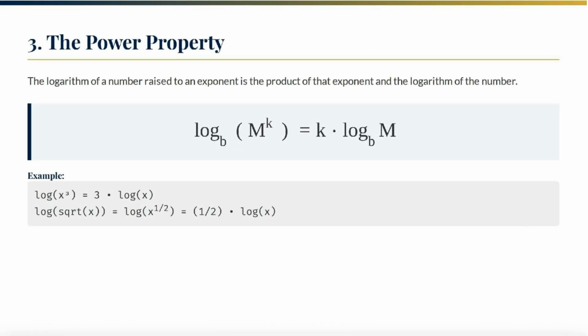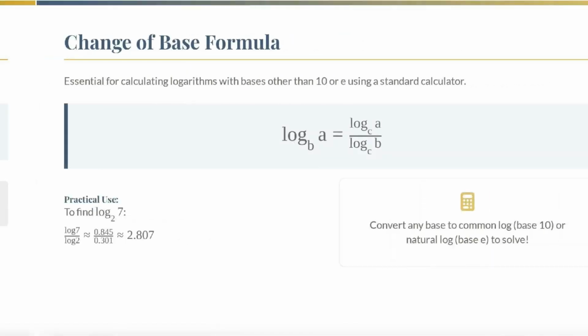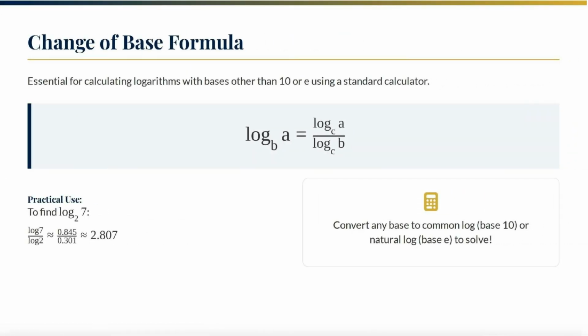The power property tells us that the logarithm of a number raised to an exponent is the product of that exponent and the logarithm of the number itself. The change of base formula is essential for calculating logarithms with bases other than 10 or